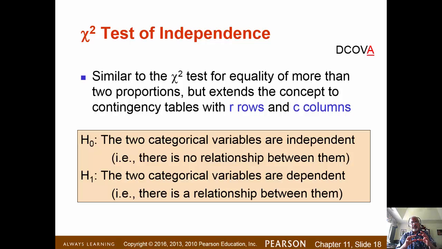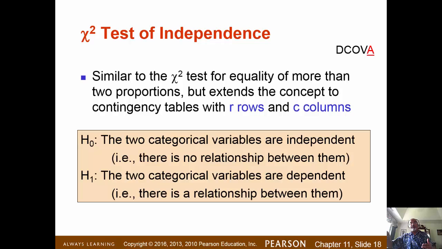Now, so far we looked at examples where we had just two groups, favorable, unfavorable. And the second example was again favorable, unfavorable, but several groups. Now, what if we have, instead of just two rows and several columns, several